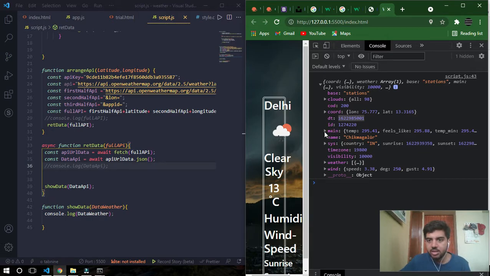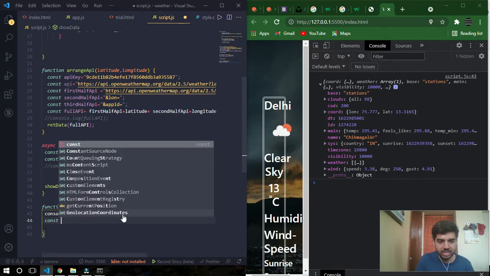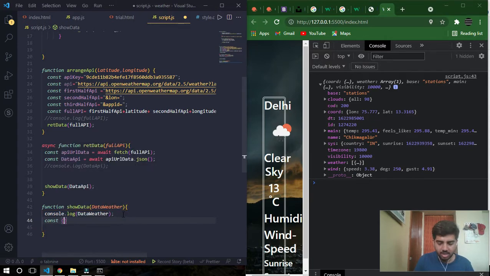Then inside the main you have the data. You have to take the main object. So you have to declare a const, and you have to retrieve the main object. You have to declare a const and initialize an object after const whose name is main, which is the same as this JSON object data, which is being retrieved from the data weather.